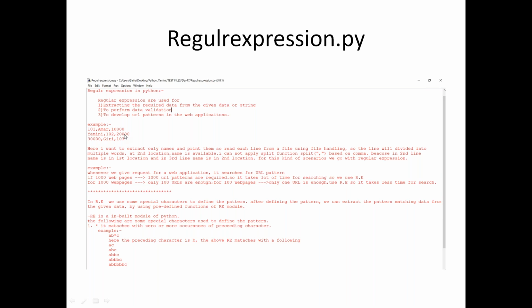Assume that this is a txt file or manually entered by some user. Now I need to fetch only the employee names or only the employee IDs. So in this scenario I can go with regular expression. Here I want to extract only the name and print them. So read each line from the file using file handling.